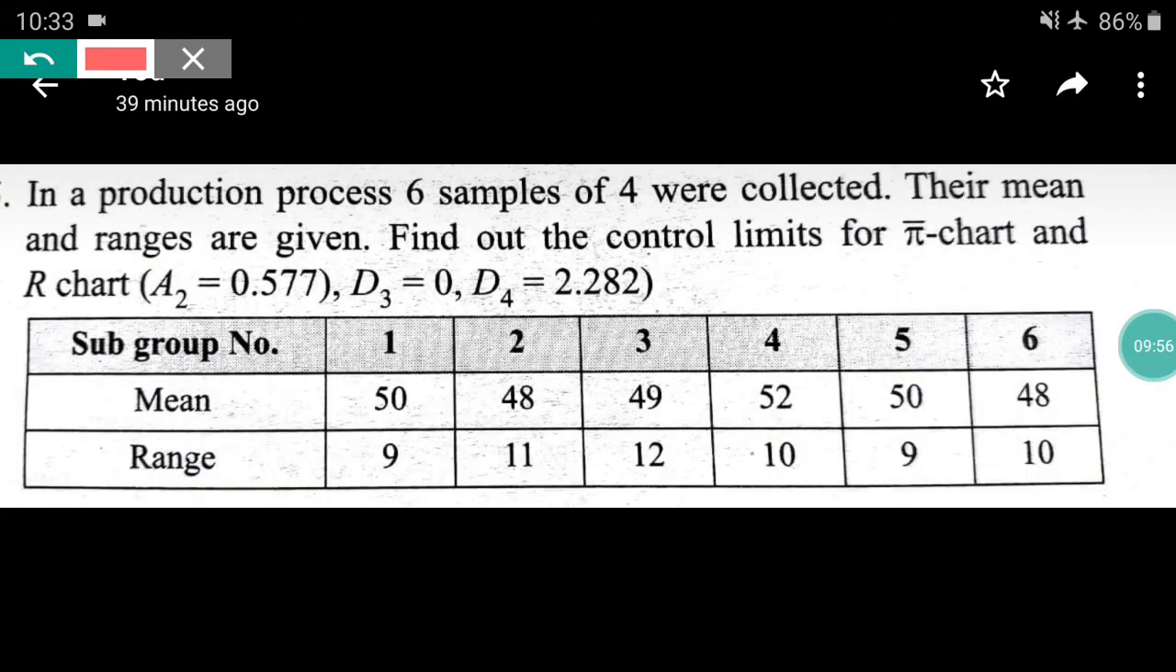In a production process, 6 samples, 1 2 3 4 5 6. Out of the 6, only 4 are selected. Out of 6 sample size they selected 4. It means here you should see the table. Okay, 4 sample size is available. If you select 4 sample size, what is the A2 value, what is the D3 value, what is the D4 value? For example,